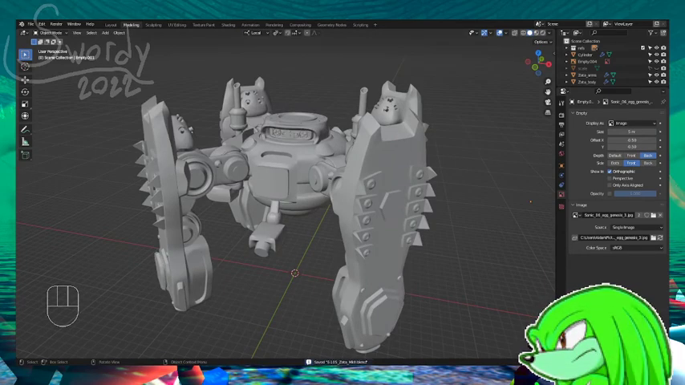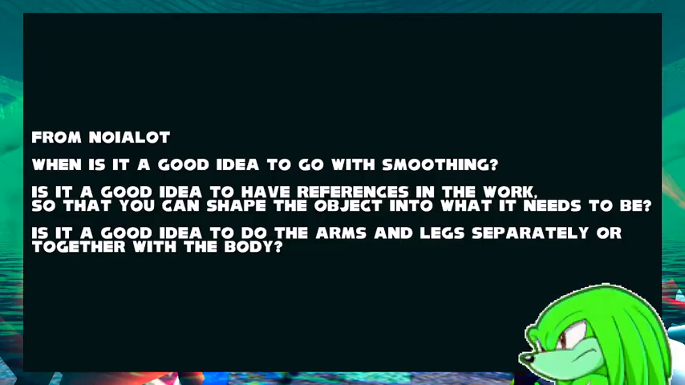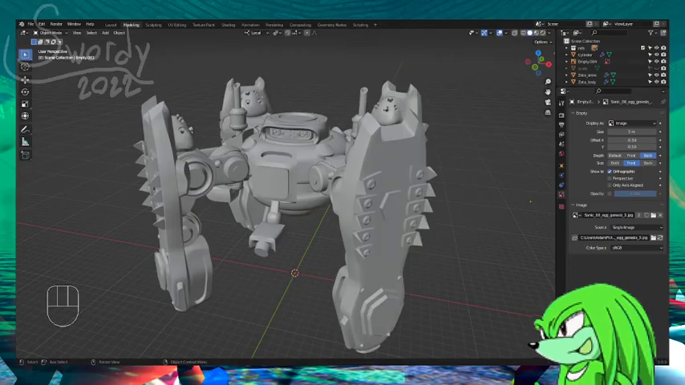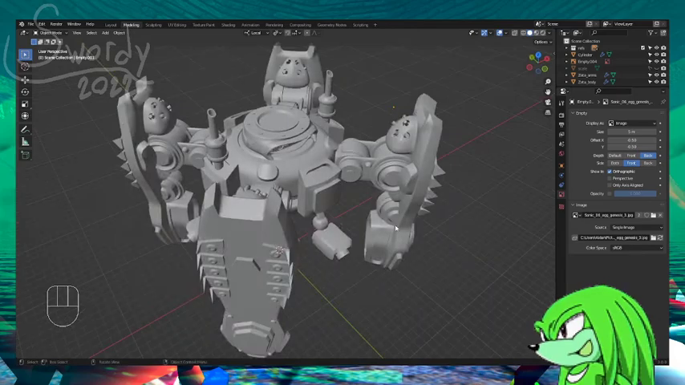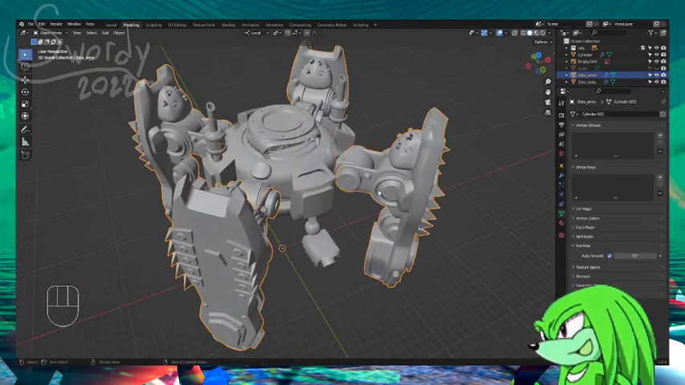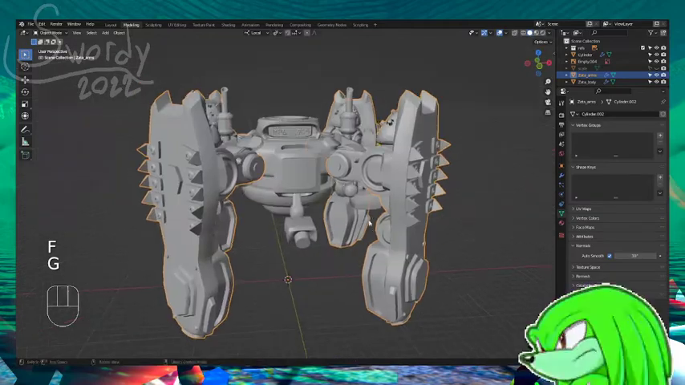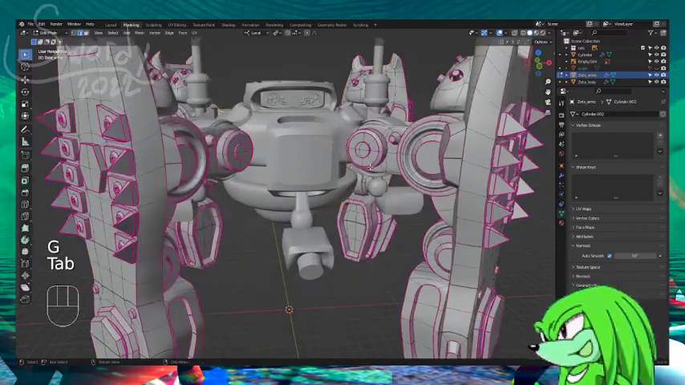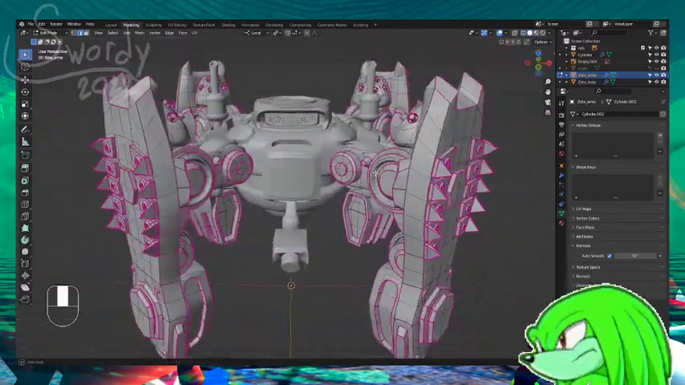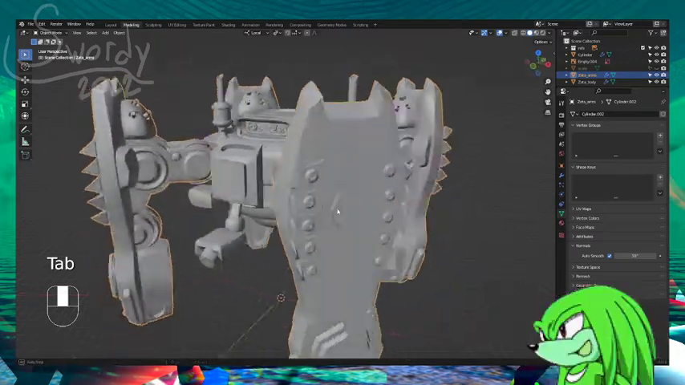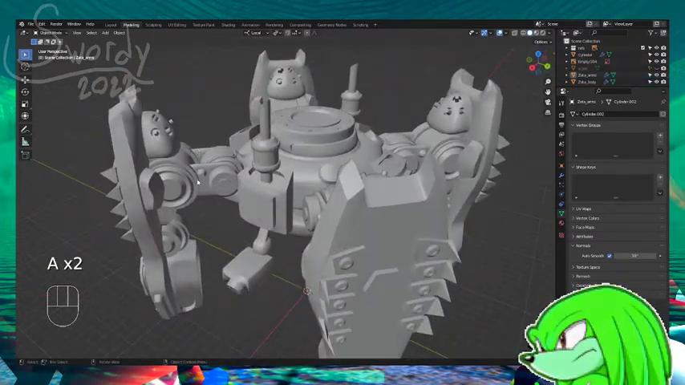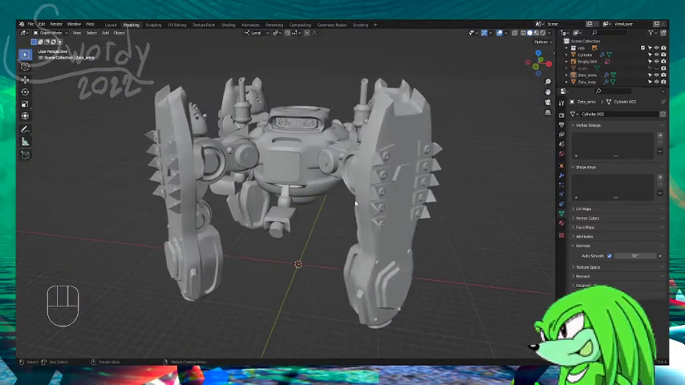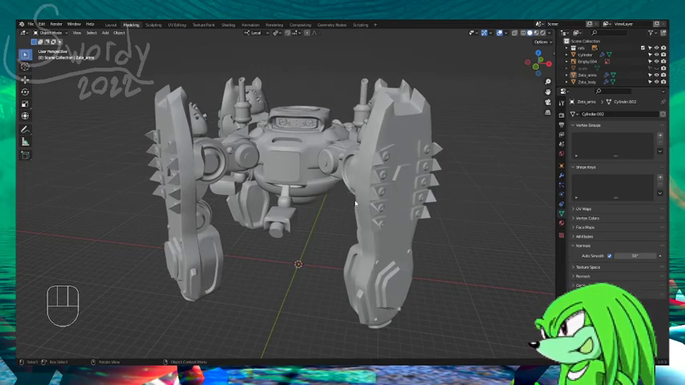Now I have one more question from Noyalot. Is it a good idea to do the arms and legs separately or together with the body? Now, this isn't exactly a good example because in this case the arms are separate from the body, but that's just because I have separated them to save on memory in my computer, so that when I'm editing the arms, I'm only editing the arms and not the rest of the body with them. But that really only works because this is a robot, and these would be separate pieces on a robot. For something like a flesh and blood character, you would probably want to have those arms and legs connected,